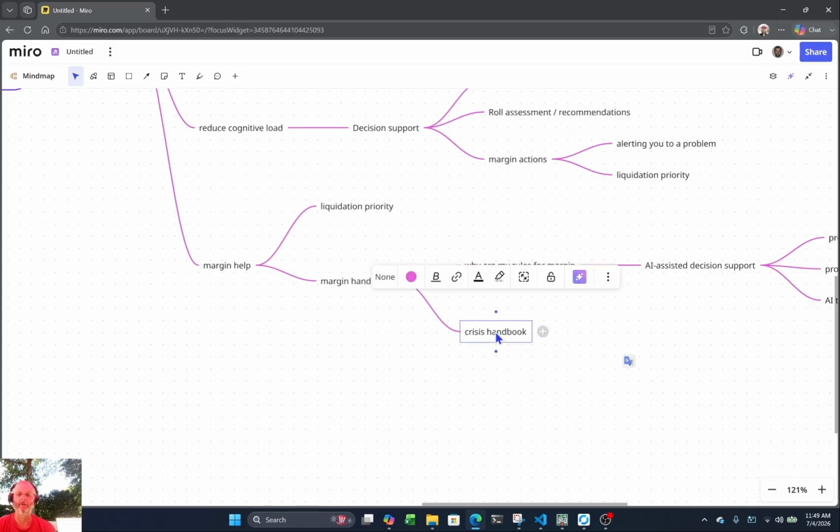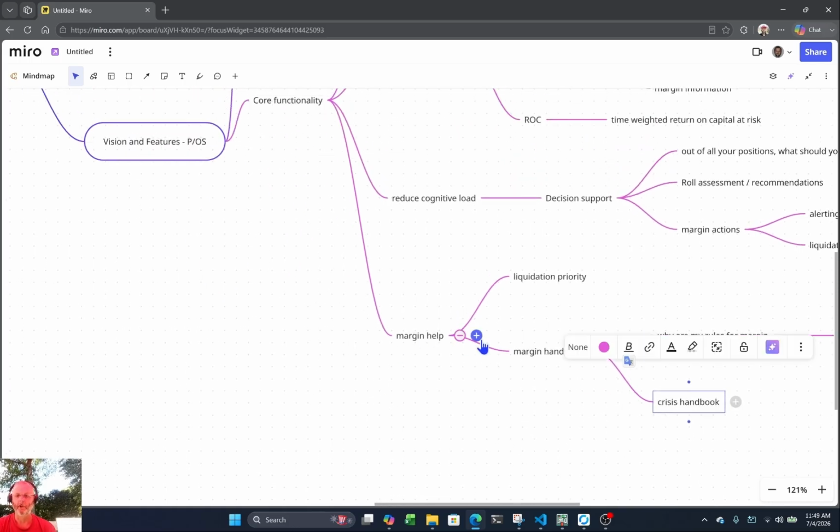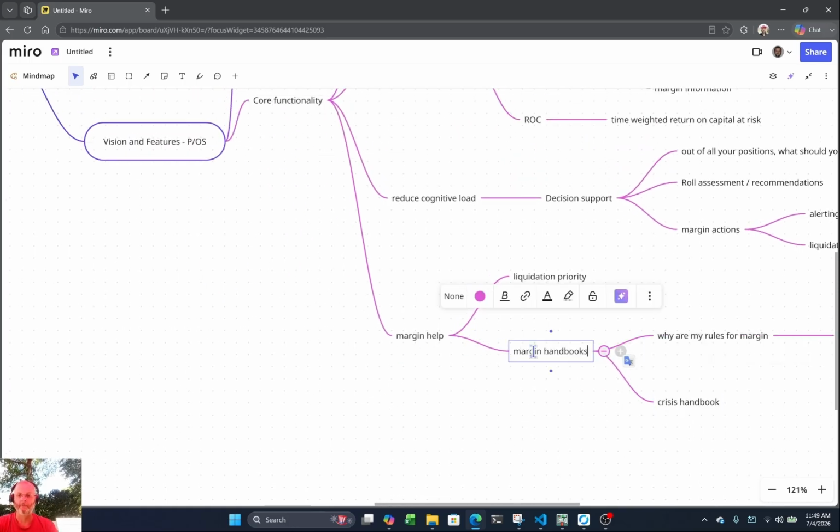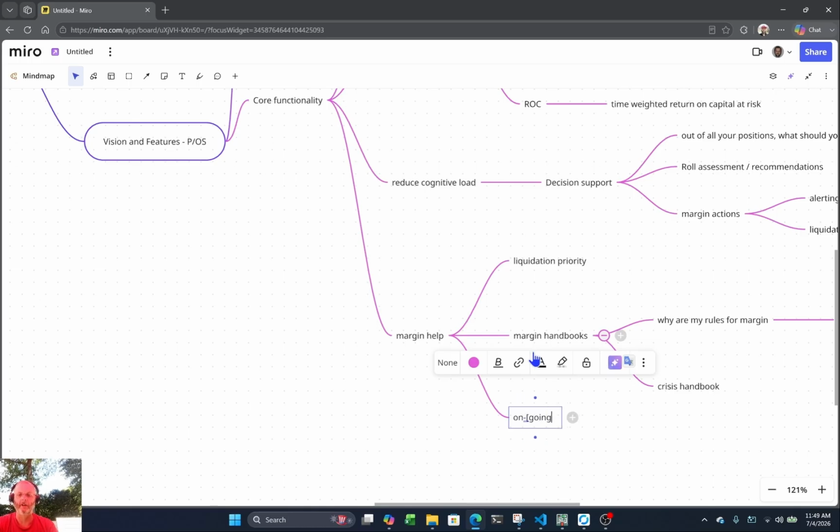If you're getting into crisis handbook territory, you're probably really more into damage control, because you're already going to take damage. Okay, so that's sort of the margin help, but also the other thing too. So those are handbooks. Is this, we just want ongoing visibility